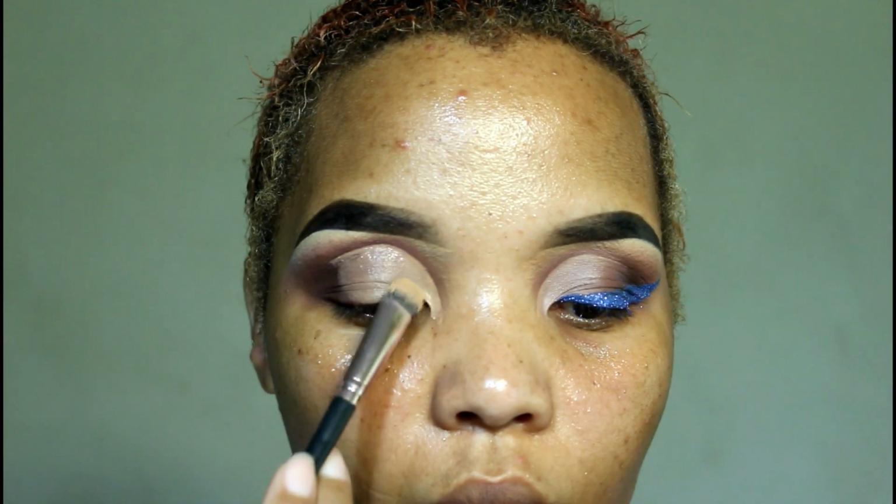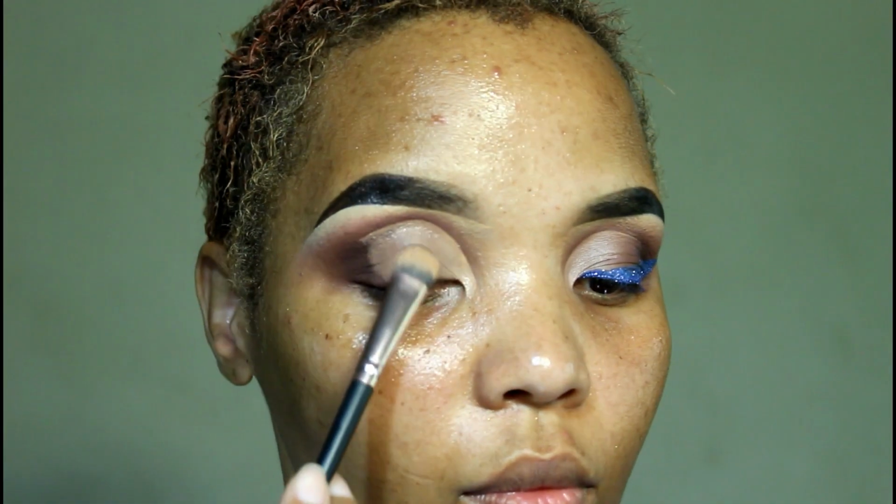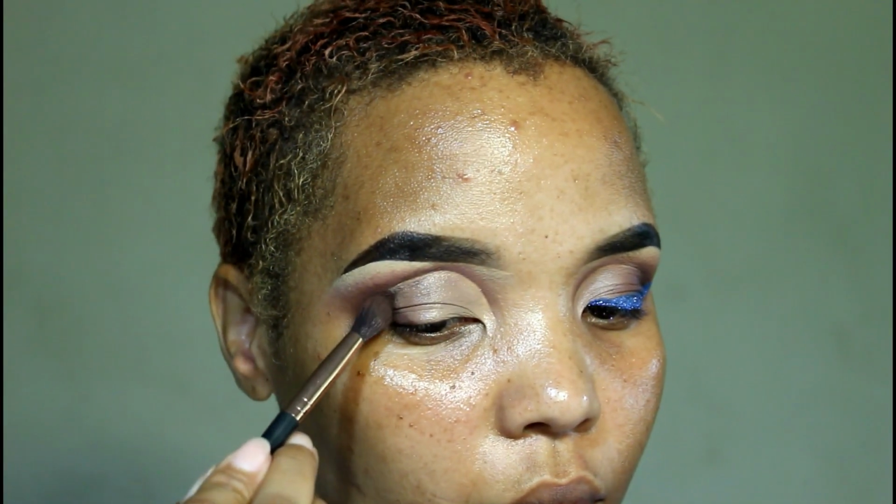So I'm just patting away the excess. You don't want to pat it too much, you still want to have it as a nice blank canvas, but you don't want too much of the concealer, because if there's too much, then your eyeshadows are going to cake as well. So I'm going to go back in with the darker shade, and I'm just going to blend that